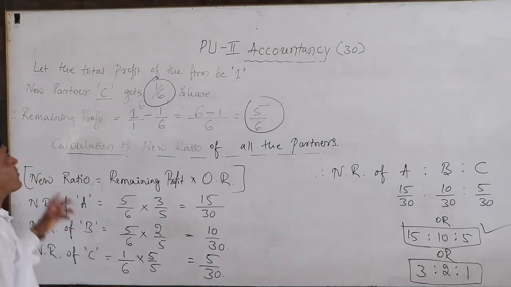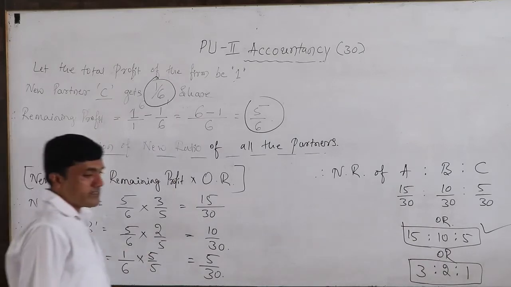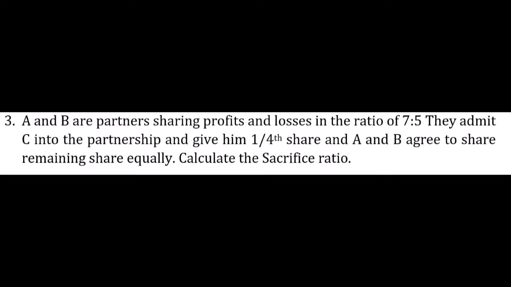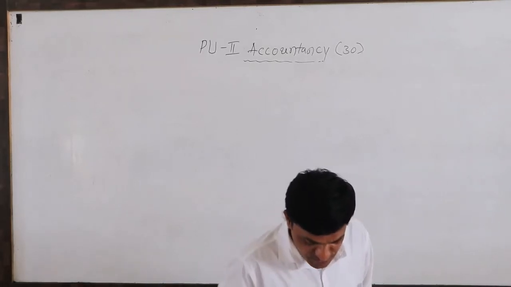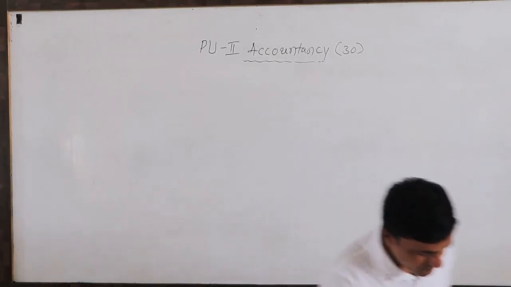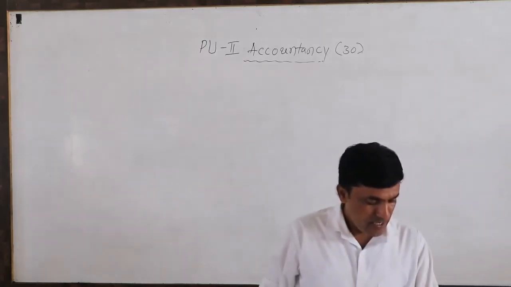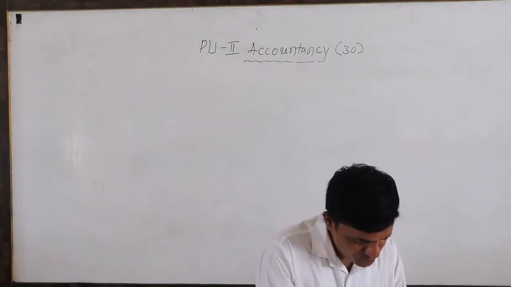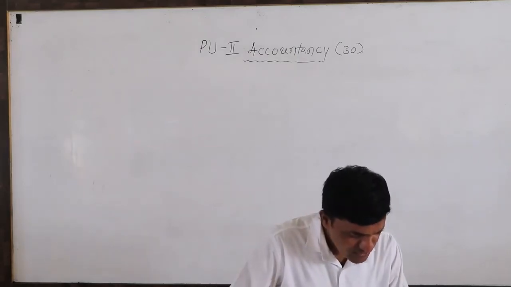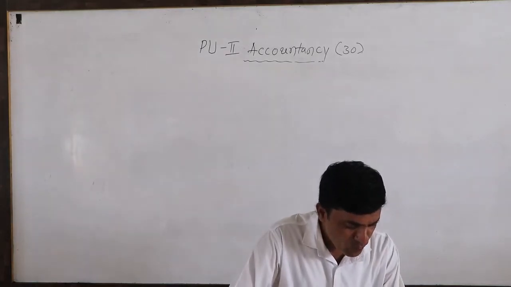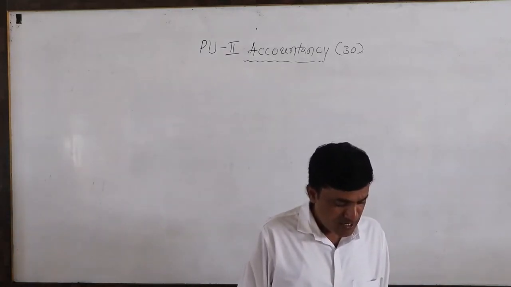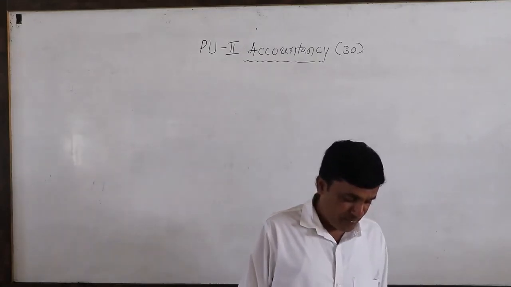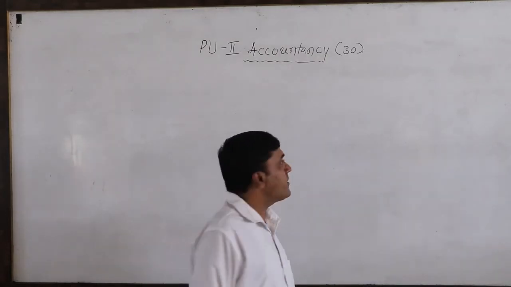That is quite different from the existing one. So let us see on the screen. That will be an image. In the third image, dear students, look here. A and B are partners sharing profits and losses in the ratio of 7:5. They admit C into the partnership and give him 1/4 share. A and B agree to share the remaining share equally. Calculate the sacrifice ratio. So in this problem,